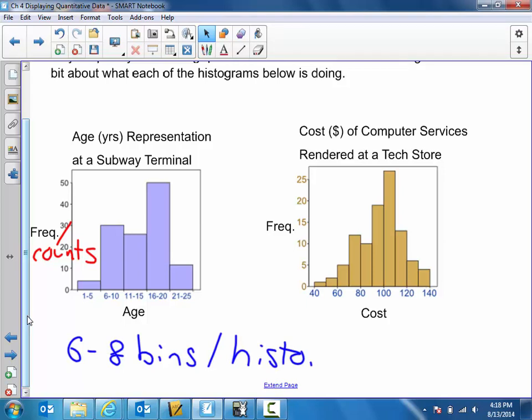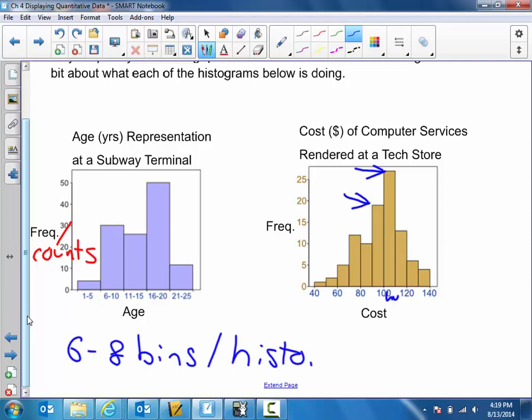Now, that can change. As you see with this gold histogram on the right, you've got, let's see, 1, 2, 3, 4, 5, 6, 7, 8, 9, 10 bins. But that's okay because you have a ton of data that's represented. You've got the highest bin, between 100 and 110, has 28 candidates represented, and a lot of these other